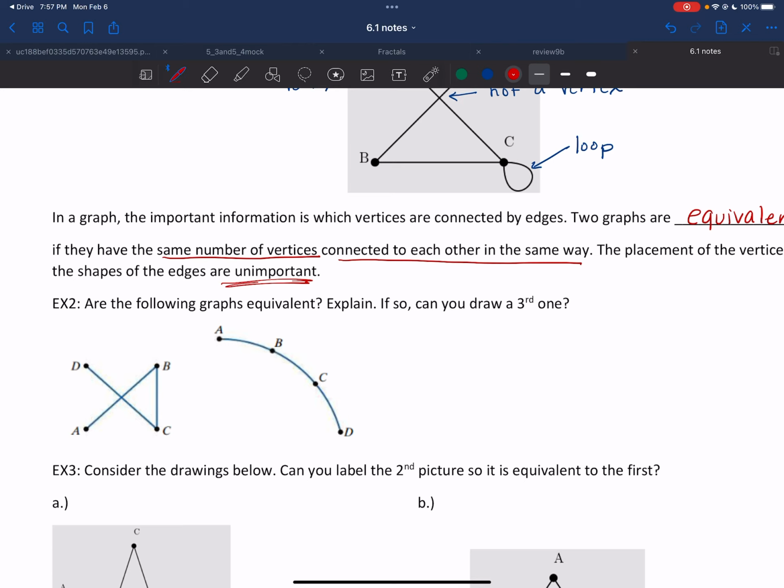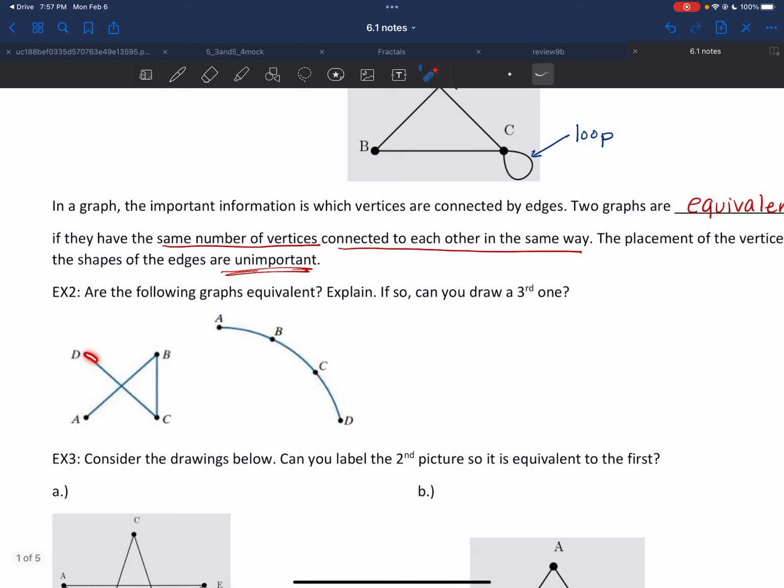All right, let's take a look. This one here on the left goes from A to B to C to D. I could also say that it goes from D to C to B to A. It doesn't matter, but that is my order. On this one, it goes from A to B to C to D, or we could say that it goes from D to C to B to A. Because both of these have A, B, C, D, and they're only connected in that way, these are going to be the same. So yes,